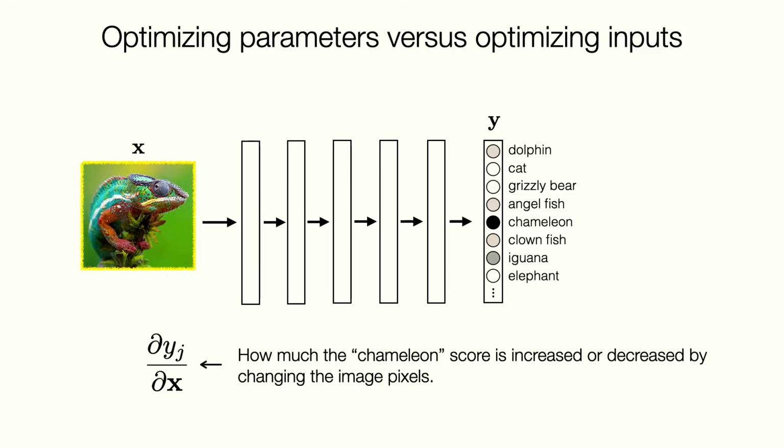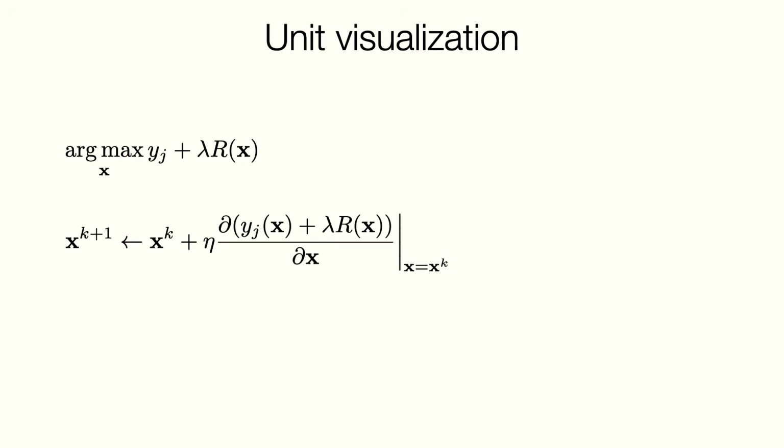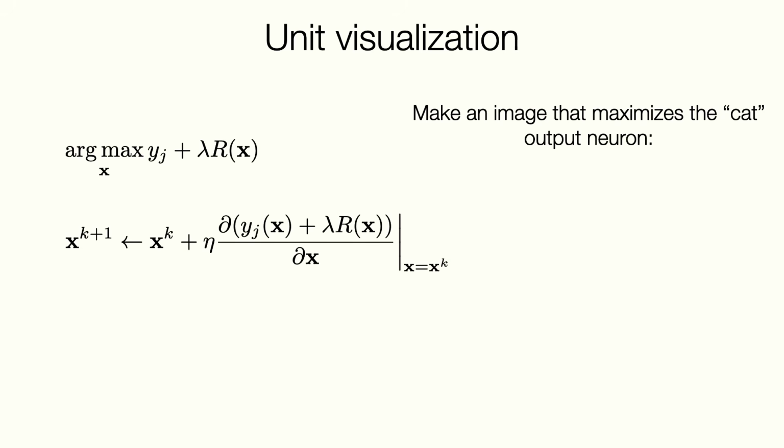pixels. Now, if you think about this as optimizing class logits before the softmax or optimizing the class probabilities after the softmax, the easiest way to increase the softmax probability given to a class is often to make the alternatives unlikely rather than to make the class of interest likely. Whereas if you optimize pre-softmax logits, this tends to be a bit more stable. So what we find is if you want to make an image that maximizes the cat output neuron, again, we are doing this maybe pre-softmax,